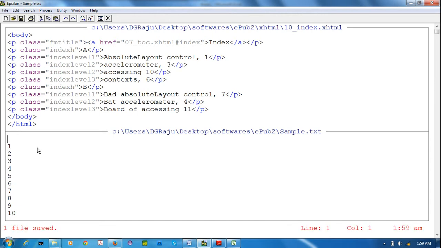I am using a regular expression. Alt, Control T, and after that enter.